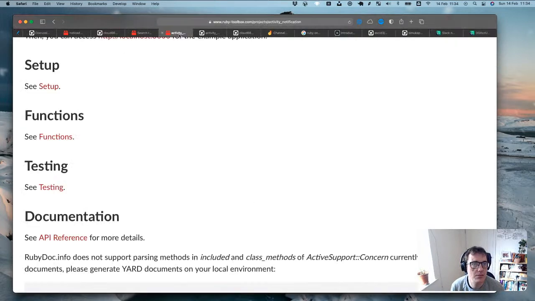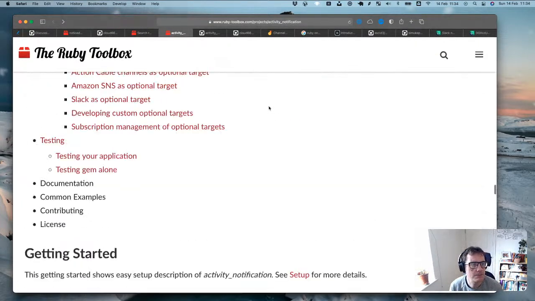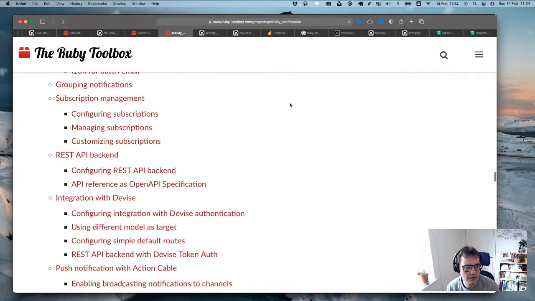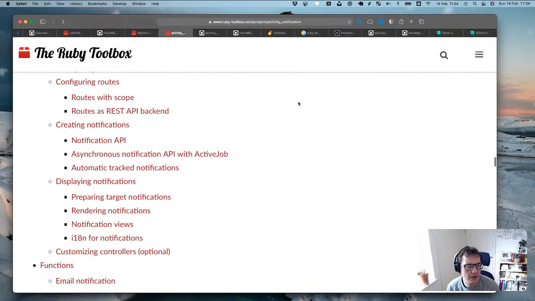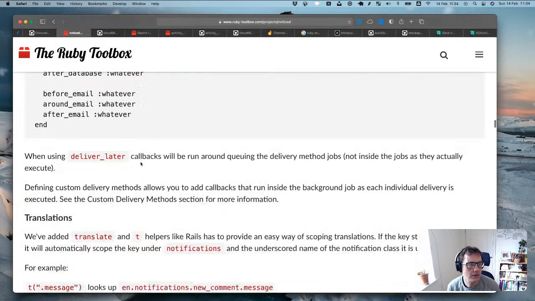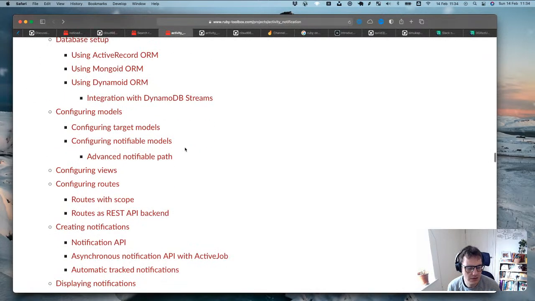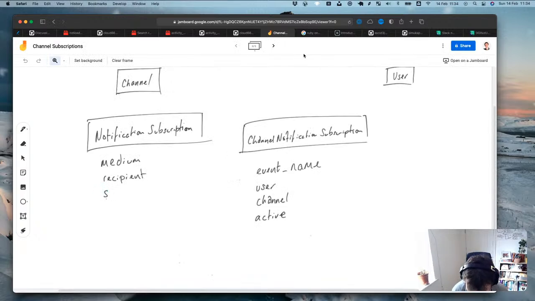So the medium, the recipient. Let's take a look at the other one. Just stealing all of their language basically, because they already have better ones than I would come up with. Well, this one is just for the notifications rather than the subscriptions as well. So medium, the recipient, you would want the subscribable. Let's jump back to the Jamboard. I'm just going to do this off the top of my head then because I can easily find it. So you then want the